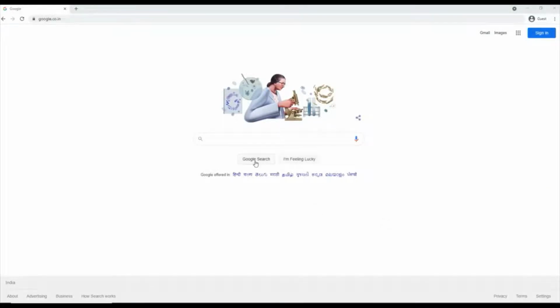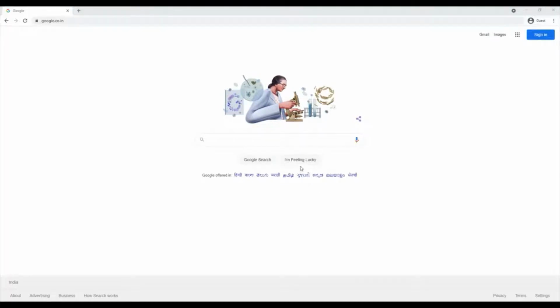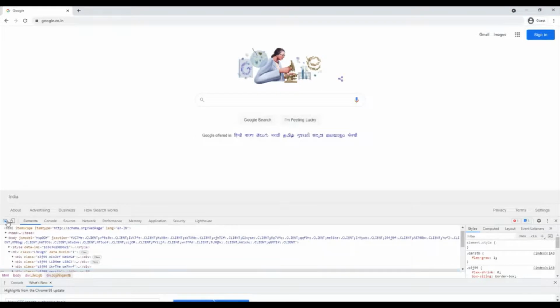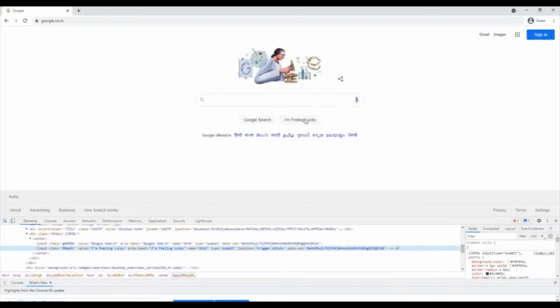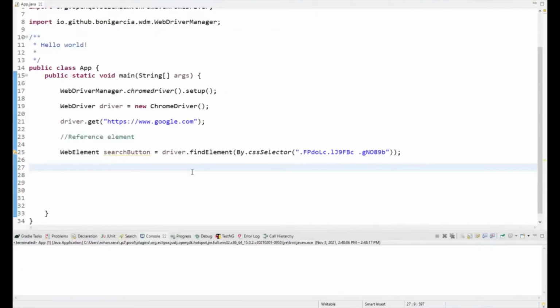As we have already located the Google Search button, now we have to click on the I'm Feeling Lucky button. If you can see, the I'm Feeling Lucky button is right of the Google Search button. So we need to use the method rightOf that I told you about at the start of the video. As we have to click on it, let me inspect this. We need a bit of reference of this element as well. If I inspect this, I'll pick the class of this element so that we can click on it.